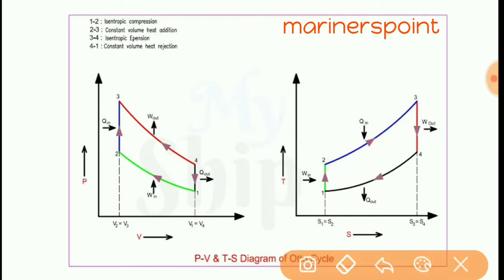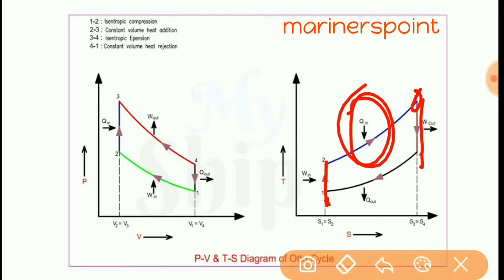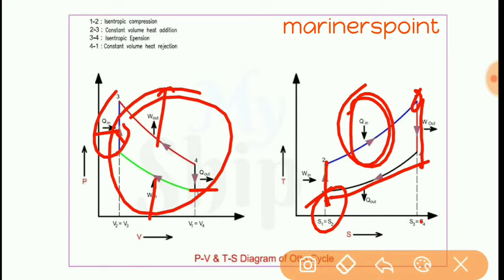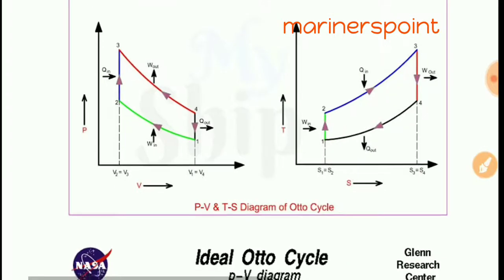And here you can see from 1, due to compression temperature will increase. Now heat added, that means due to a spark combustion takes place, temperature increases. Now expansion, temperature decreases, and due to exhaust, that means exhaust comes out from the combustion chamber, at that time temperature will decrease. Work in, work out, Q in, Q out. Okay, heat added, that means combustion taking place, heat rejected when the exhaust valve opens.